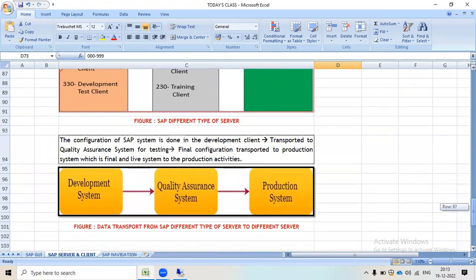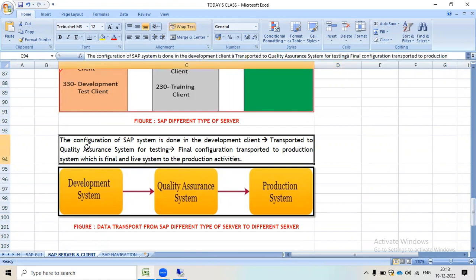Now I'm going to move to the data transfer activity. When you make any changes in development, you can move the TR, or transport request, to the quality system. Here you can do testing. If you are okay, then you can move the same TR to production.